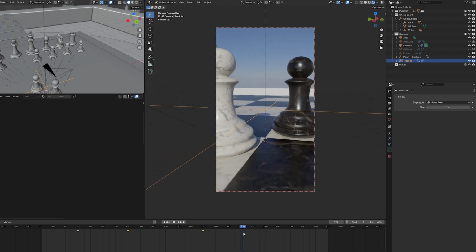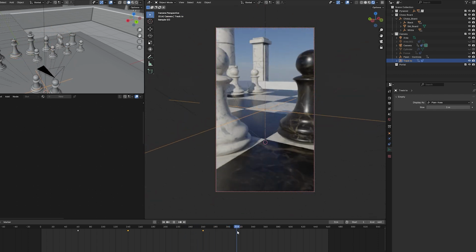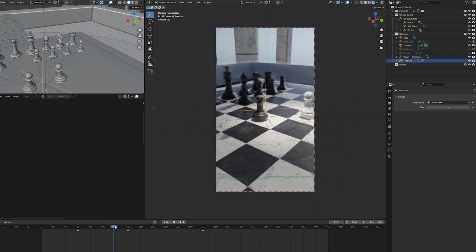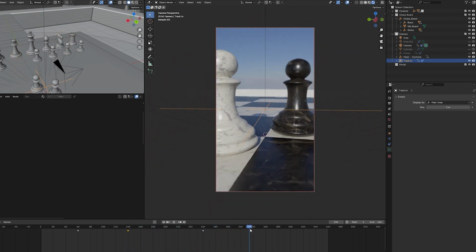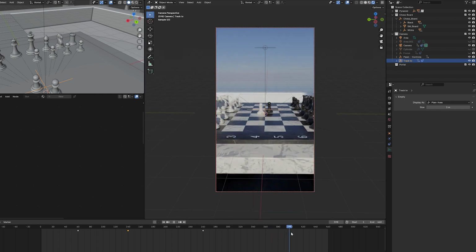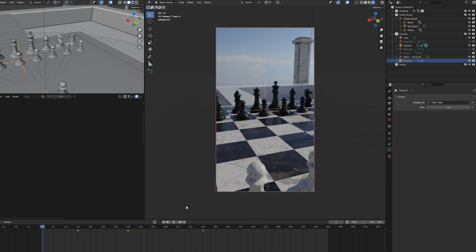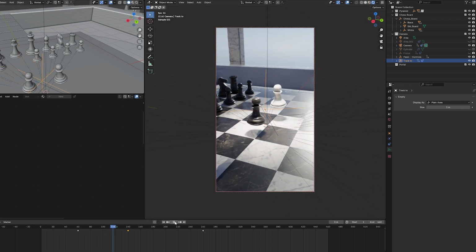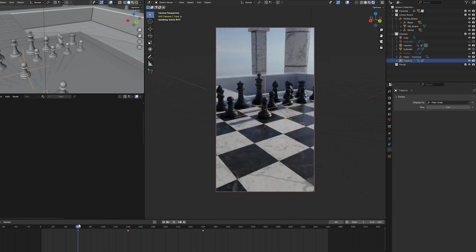This one is a bit weird, but let's bring it back to normal. Okay, this is looking pretty good. And what if we add back this cylinder that I thought about at the beginning? We can't even see him right now, but